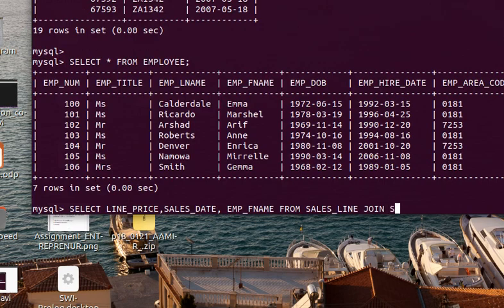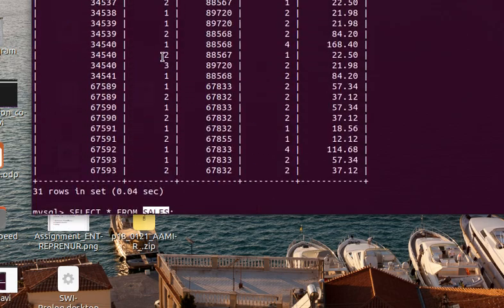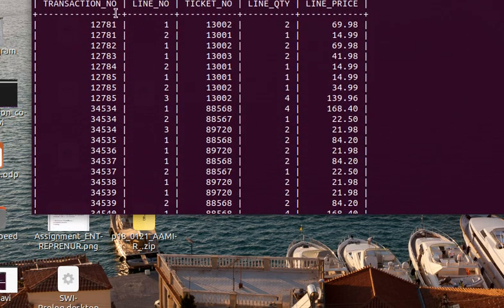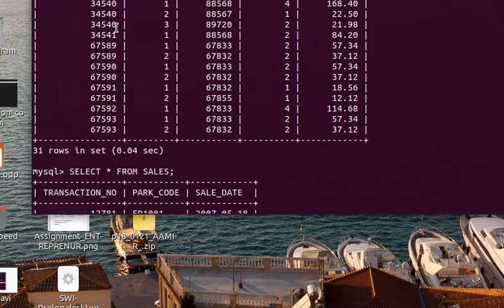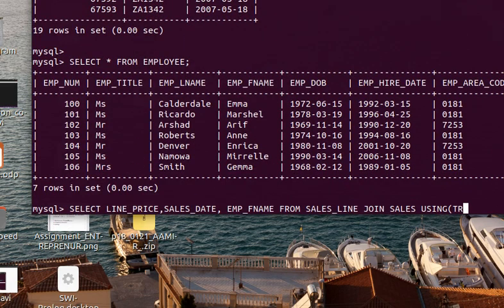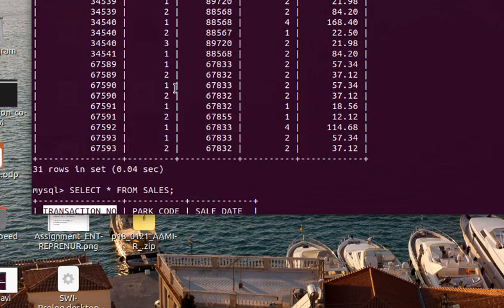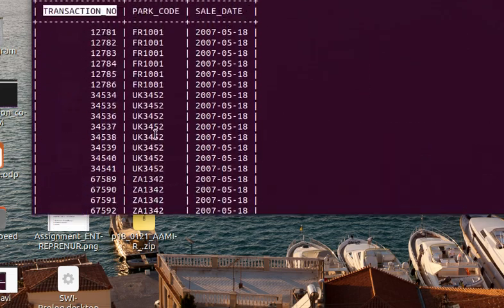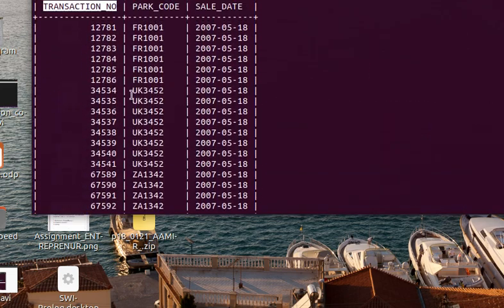Join with sales using what, which is the unique column. So I think transaction number is the unique column. Transaction number. So join these using transaction number. So these two tables are joined with the transaction number.